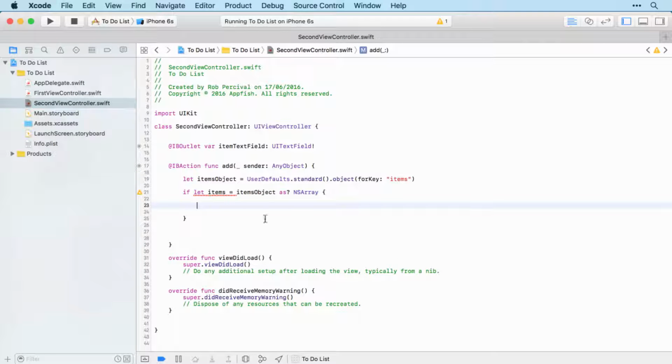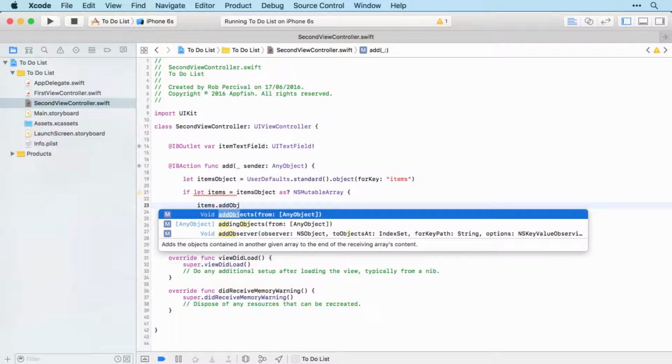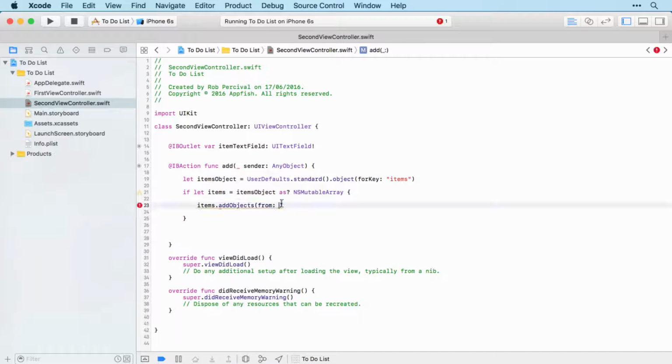So if that's the case, we want to add our new item to this array, but unfortunately an NS array is not changeable. So we can use a different type, NS mutable array. I wonder if you managed to Google to find a solution there. And now we can use items dot add object. And then we need to add in an array here. So we're just going to have an array which contains a single item, and that is going to be